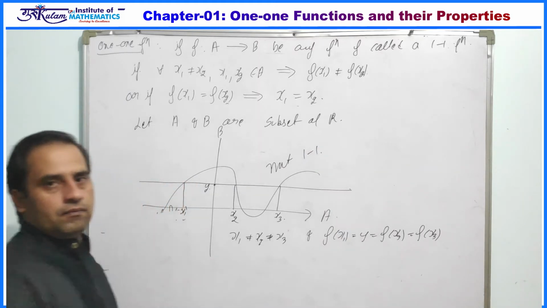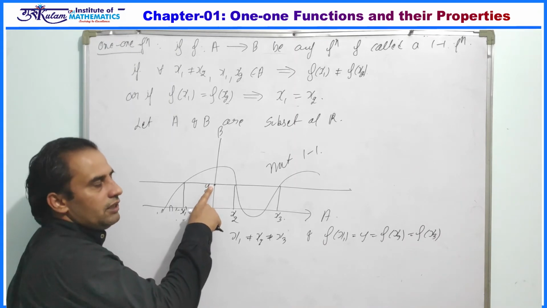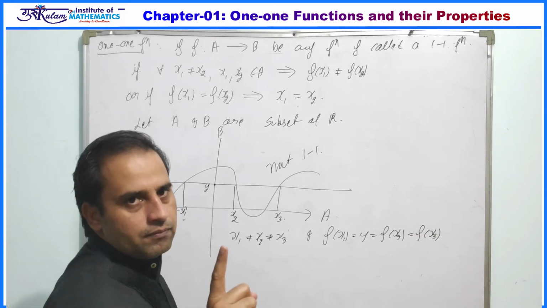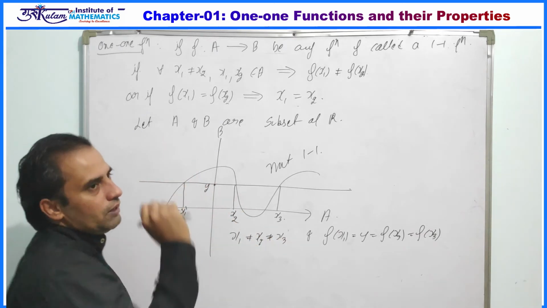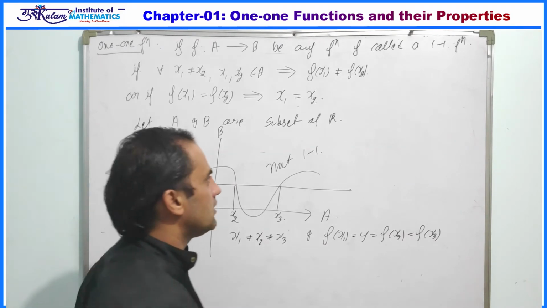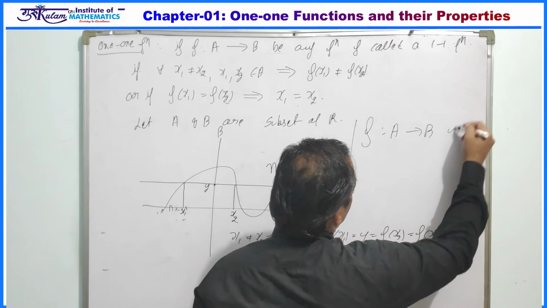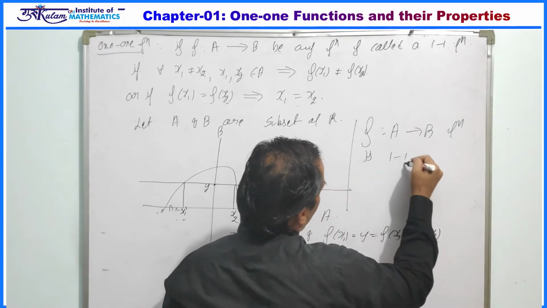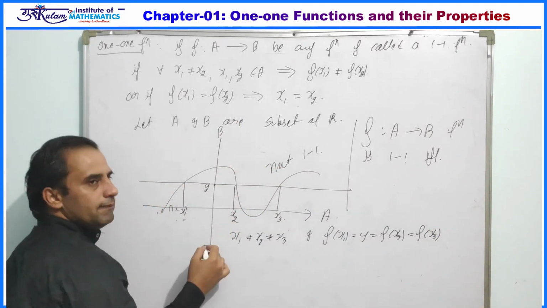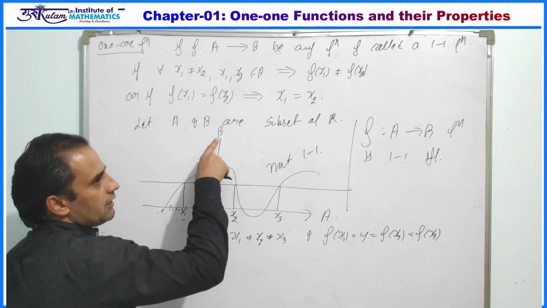1-1 function. So for a 1-1 function, if y is in the range of the function, then its pre-image must be a unique image. Or if y is in the codomain of the function, then it has at most one pre-image. That is, a function f from A to B is a 1-1 function if and only if every line passing through b, we are picking a point on the y-axis, or b is represented on the y-axis.